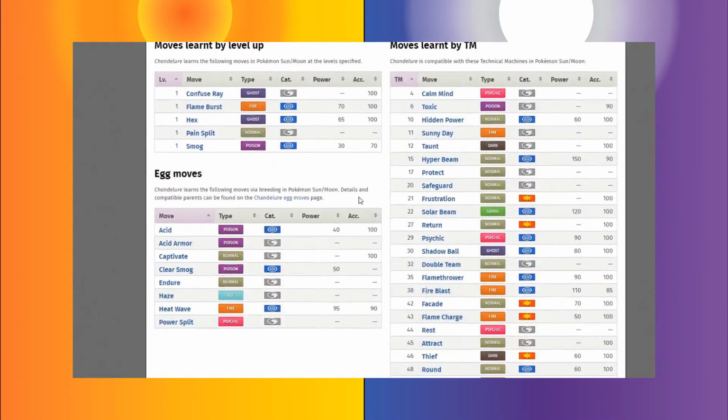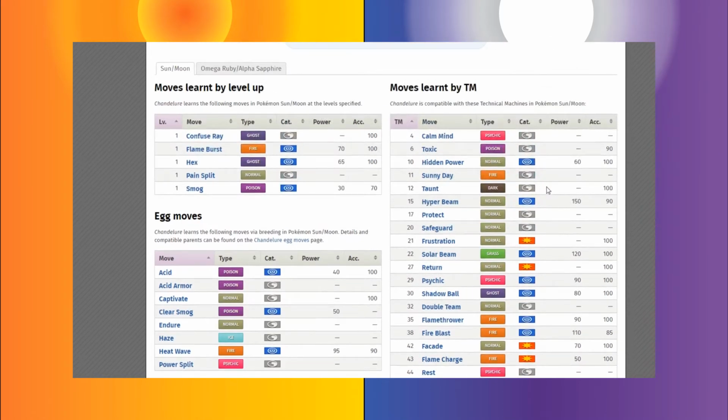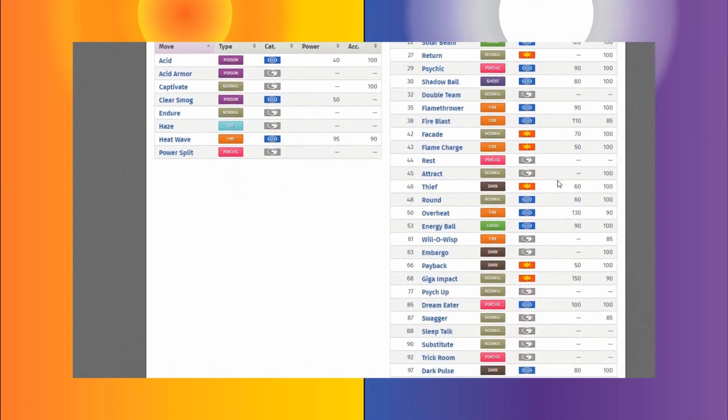And since it doesn't learn a lot of moves leveling up, we're going to be looking at a lot of the moves it can learn either through egg moves or through TM. So we're going to be keeping moves such as Pain Split probably, to gain some health back in case we take some damage. But we're mostly going to be looking at Flamethrower or Fire Blast, to add some oomph to our